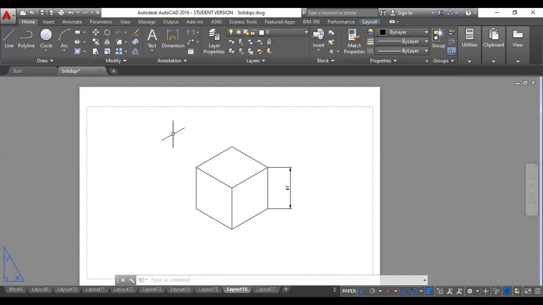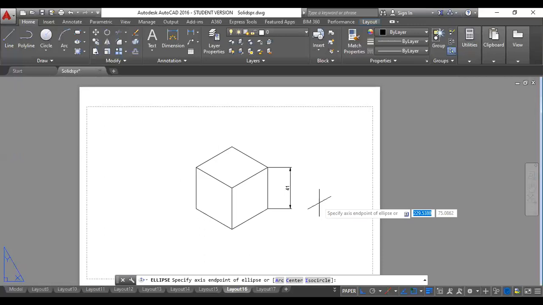So what you need to do is just type ellipse, just type ELL, that's it. Then press enter. Once you press this, it is asking to specify the axis of the ellipse. If you look into the command prompt below, there are three options: arc, center, isocircle. Out of these three options, I need to click on isocircle, this particular part. So when I click on isocircle, then it will ask for the radius of the isocircle. I can directly give it. So let us say I want to draw a hemisphere of 50 mm.